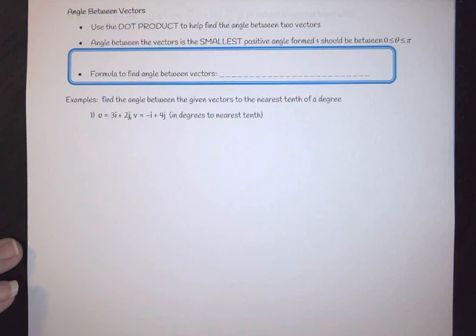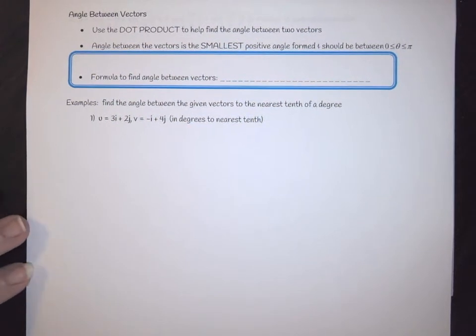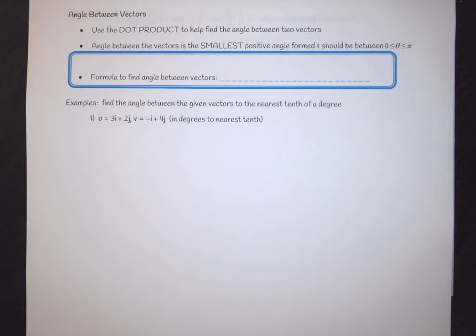The angle between vectors is something we calculate using the dot product. We have a very specific formula that allows you to find the smallest possible angle that you can form. Usually we're talking about angles between 0 and pi, in other words 0 and 180 degrees. However, a lot of what we're doing with vectors, you're usually going to start off potentially in a radian type